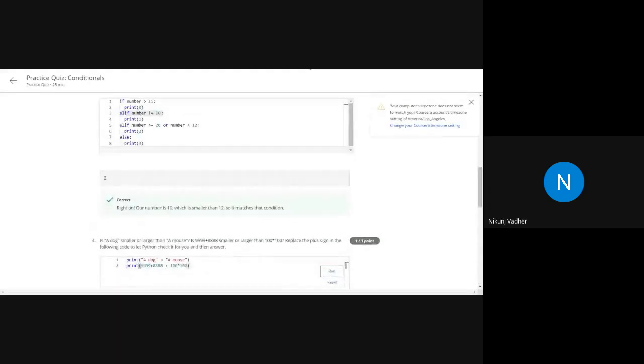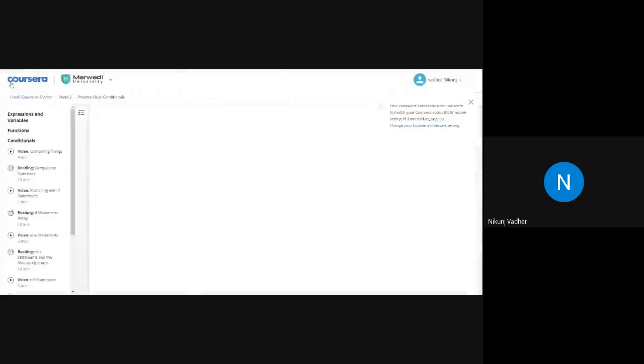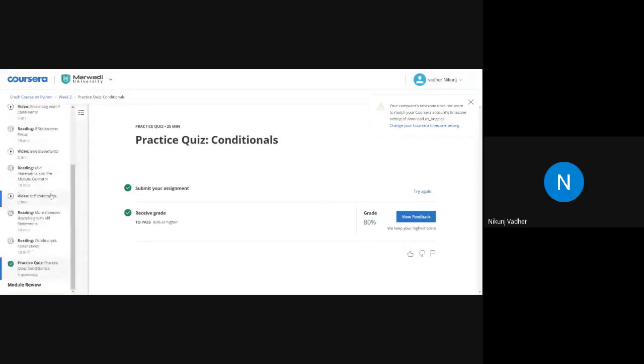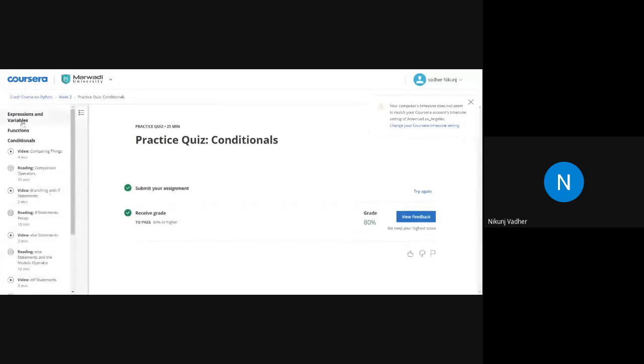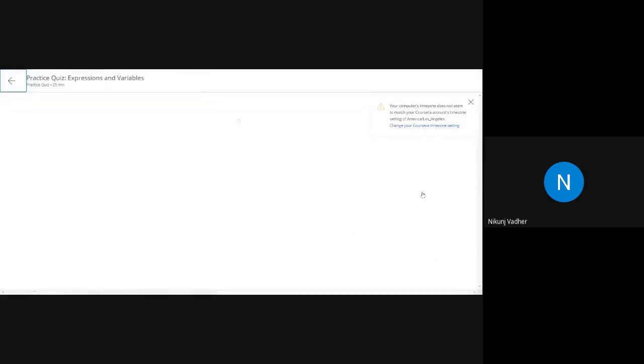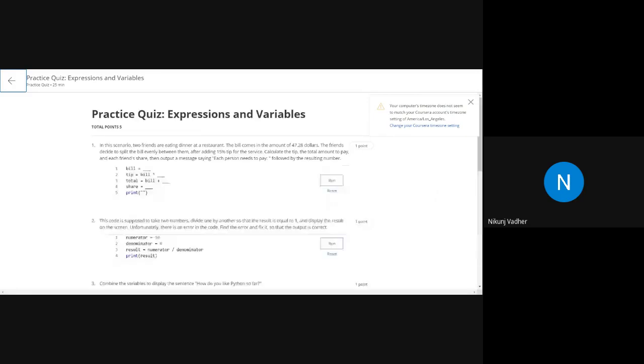So this was another quiz. Let me go with the practice quiz. So the practice quiz for conditionals is over. Next, the expressions and variables practice quiz. In this scenario, two friends are eating dinner at a restaurant and the bill comes in the amount of 47.28. So bill is equal to 47.28.